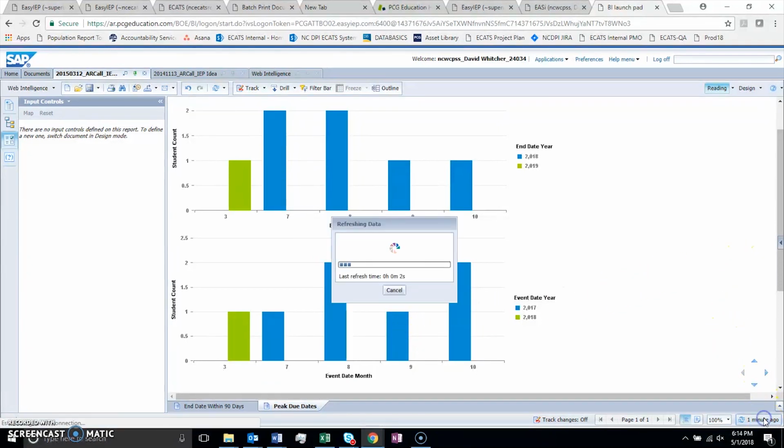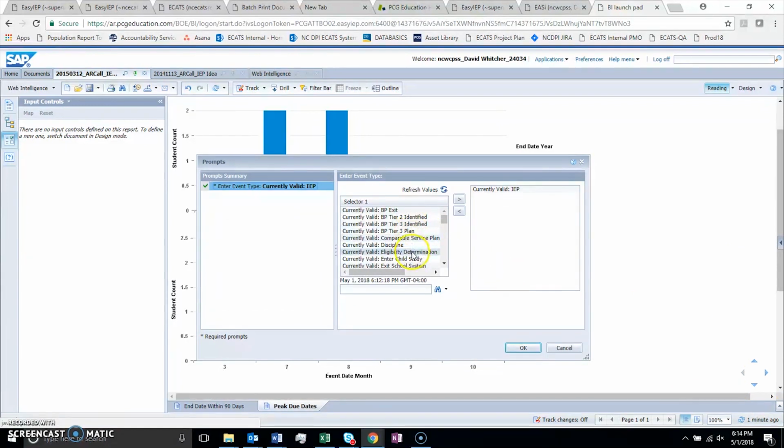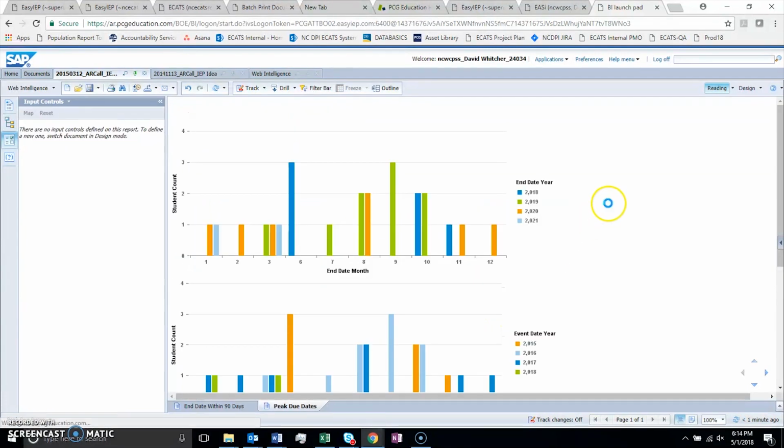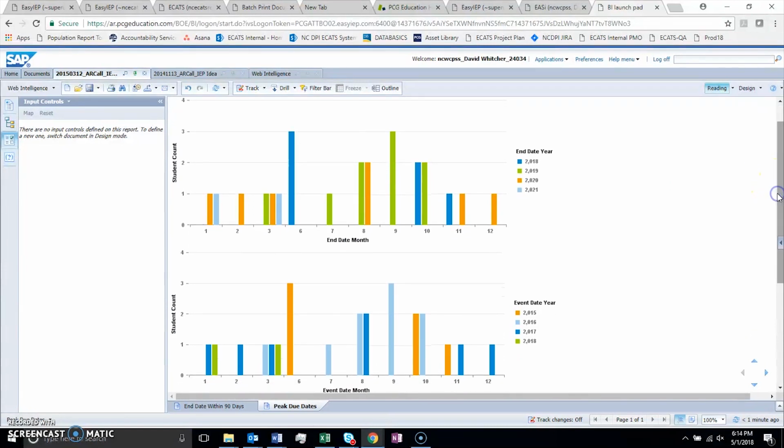If I want to see this for eligibility, all I have to do is rerun that report, choose eligibility determination, remove my IEP, and it will give me my readout for eligibility. And you'll see I have a lot more